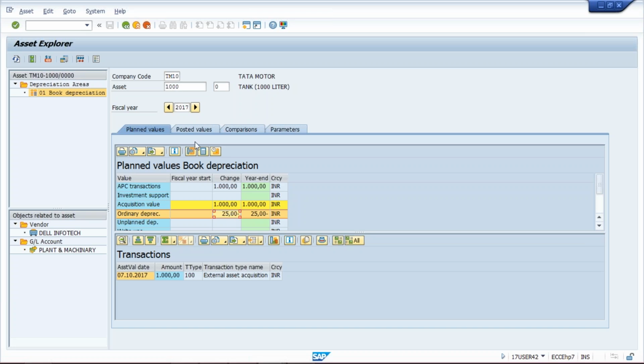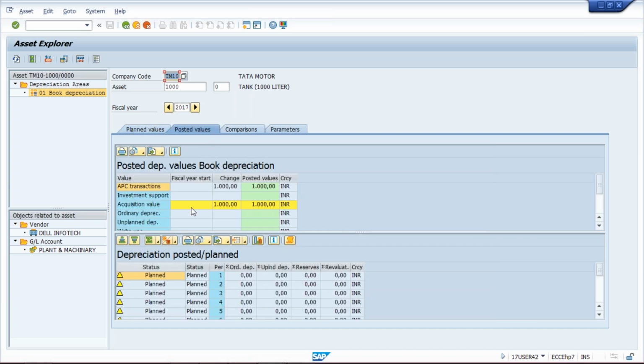Now here if you want to see, click on posted value. So only the acquisition value is showing. The depreciation value is not showing because depreciation calculation has not been started yet. We have not run the depreciation program, and we have not deducted depreciation. Okay, so for this month's depreciation amount,